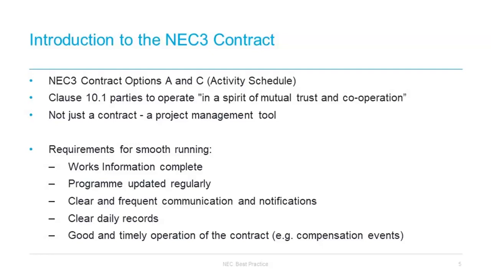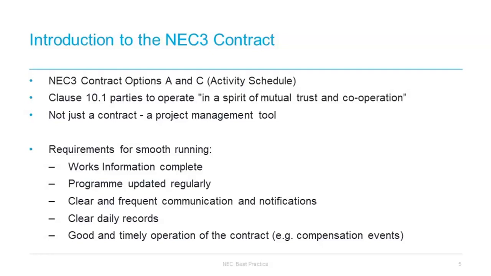Under option A, the contractor prices the activities on the activity schedule at tender stage, and they submit both the activity schedule and a total of the prices. It cannot simply be expanded after the tender stage to create better cash flow, as it is only supposed to be changed in accordance with the contract, so with the agreement of the project manager or as a result of a compensation event. Option A is supposed to be quite a low administration contract, and payments should be straightforward for each activity. The administration of compensation events under option A is the same as the other contracts, as compensation events can vary the activity schedule, which then has an immediate and direct impact on monthly payments.